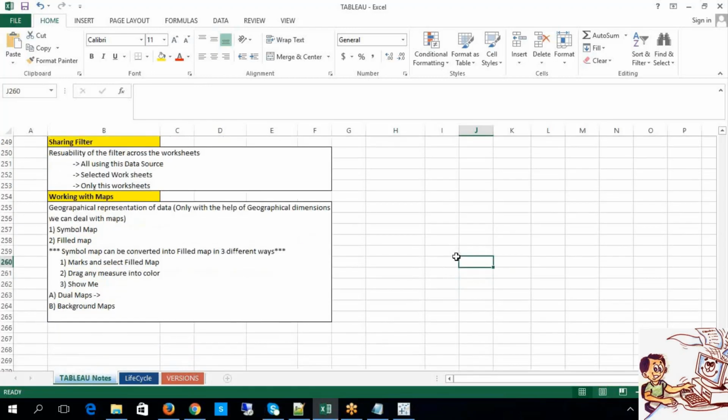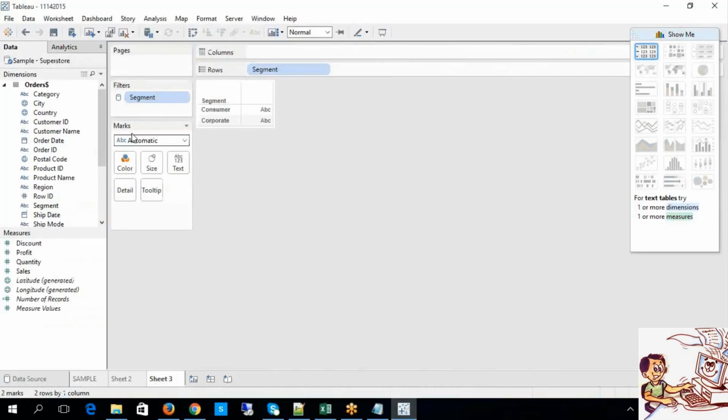Now you can ask me a question. If I have multiple data sources, that's fine. We can apply to the respective data source. That is not an issue. There is no limitation at all. This purely depends upon your need. This kind of sharing filters, you do have in traditional tools also, like Business Objects, Cognos, MicroStrategy as well. I cannot deny that it is easy in traditional tools also, but the usage and everything is a bit simplified at the Tableau level.